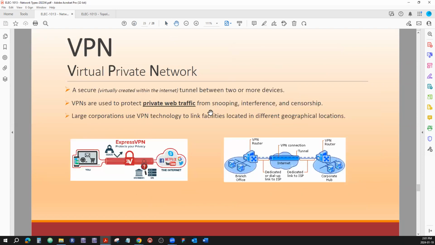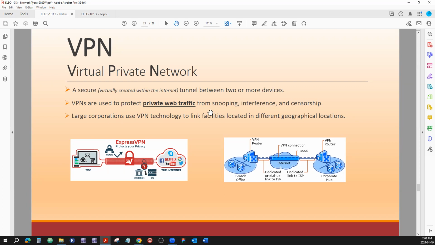Now, VPN. VPN is quite a popular idea. It used to be reserved pretty much mostly for corporate use. Basically, if there's a big chain of stores, any large department store chain would be on something that's called VPN.